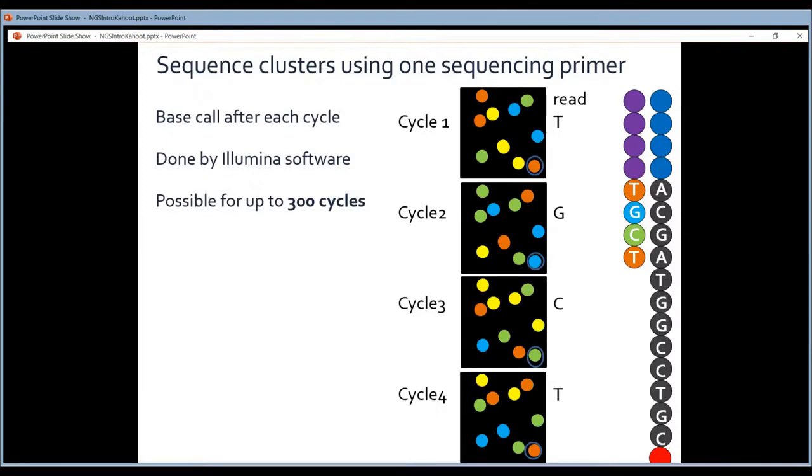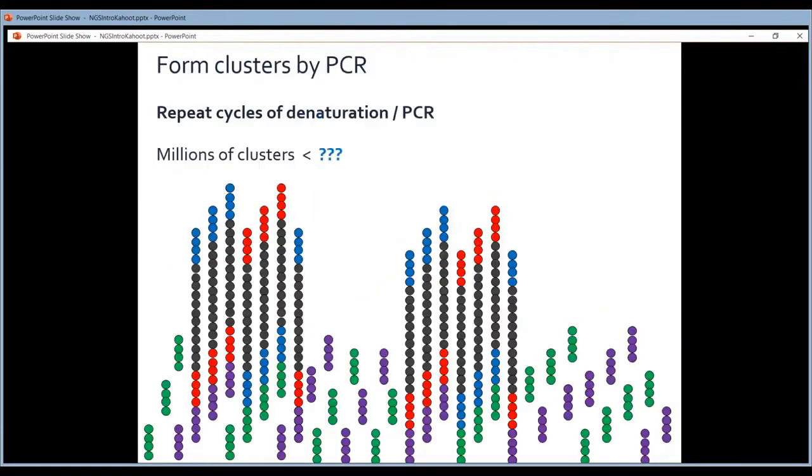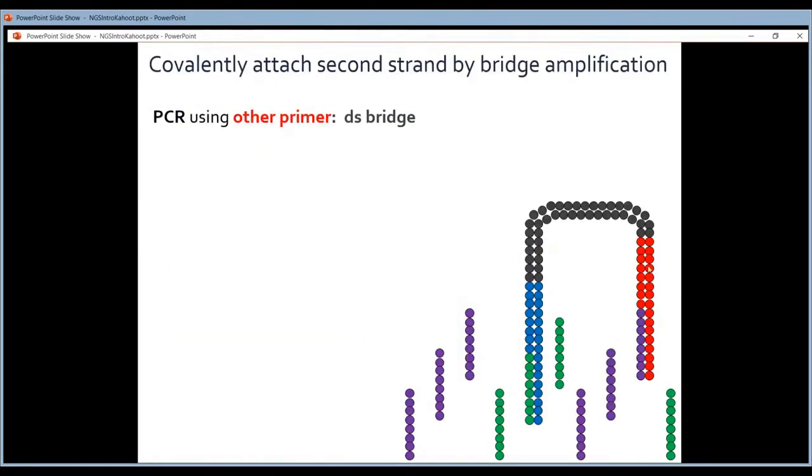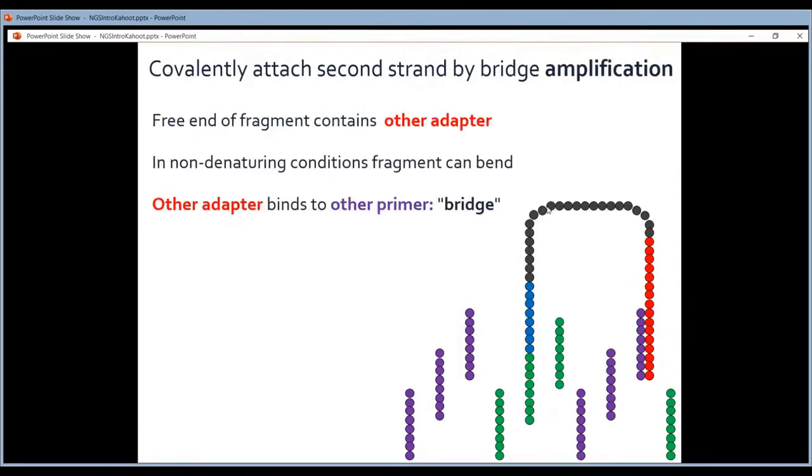I told you, you do a size selection of your fragments between 100 and 800 base pairs. And the reason for that is that during the amplification, I'm going to go back a bit. Here, when bridges are formed, you want to have small bridges.